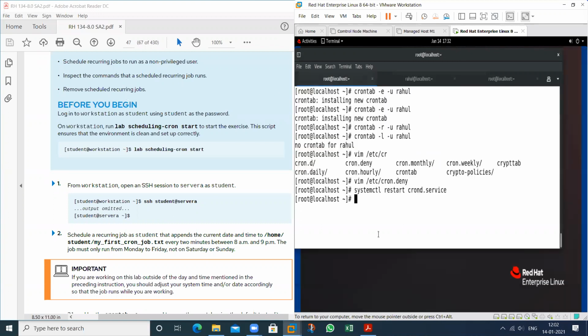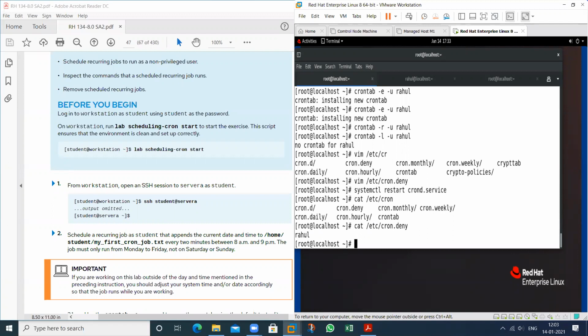Okay. This user is now able to create. /etc/cron.deny. The name of the user is Rahul.